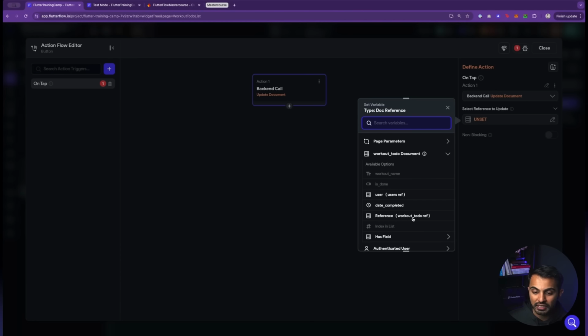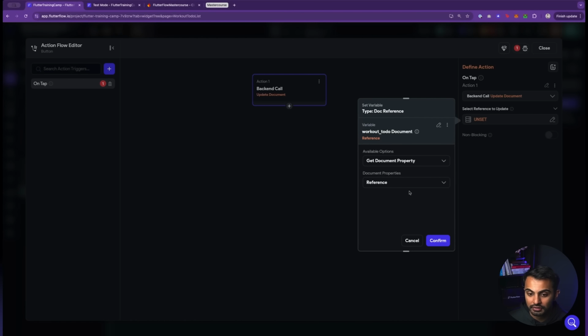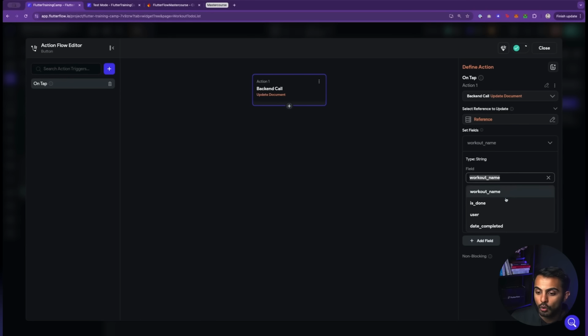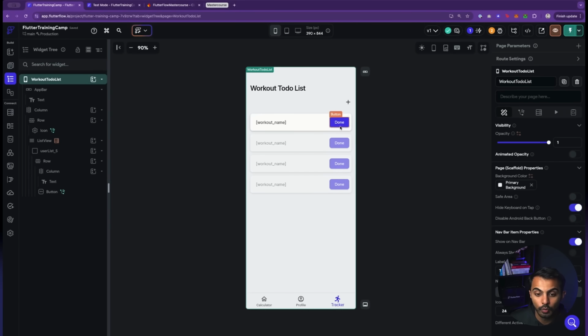We're going to use the reference of the workout to do. We're going to say document properties reference, and essentially we're going to say, hey, update this document. And we're going to give it the reference of the document that we want to update. And the only field we want to update is done, and we're going to set this to true. So when the button is clicked, we're going to set that document to true.